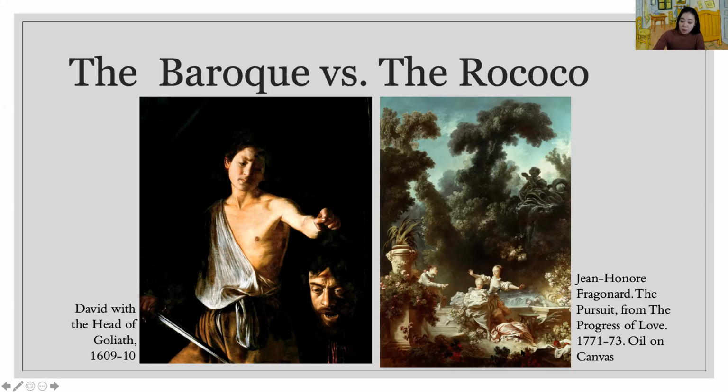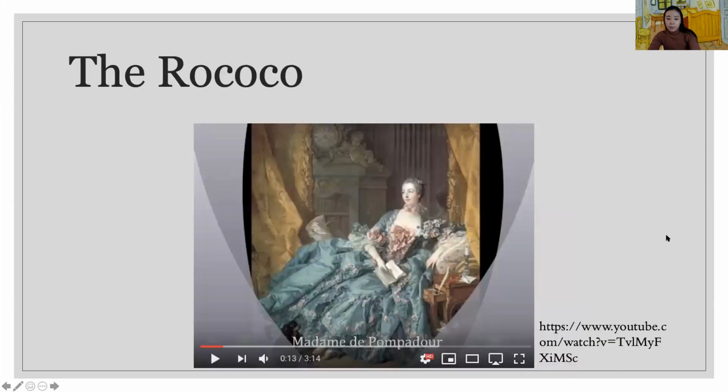However, the Rococo's painting depicts daily life and nature, and it shows light, bright, and a very lovely mood. And there is a video about lovely Rococo art in the model room, so please watch it for your understanding. I hope you understand the different art styles of the art eras through this chapter.